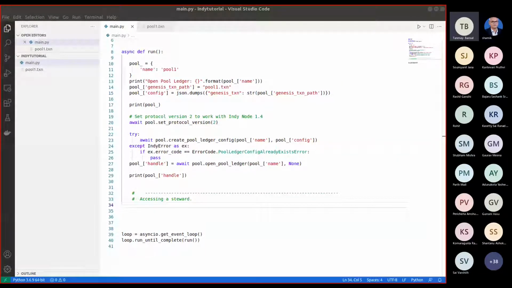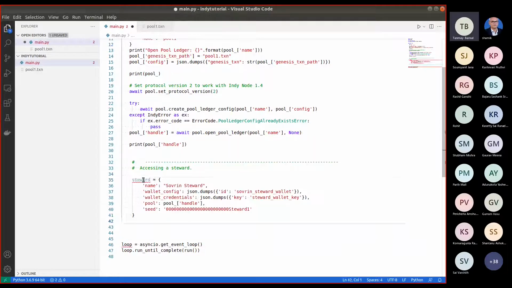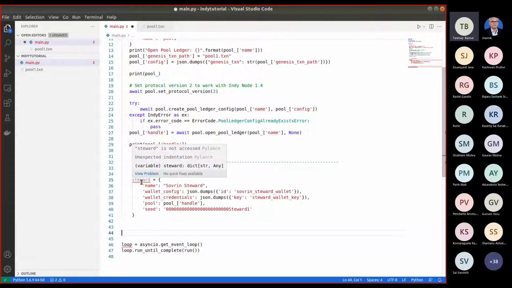The keys are generated with some specific seeds, so we can just use those seeds to create a steward, or basically access the steward. Okay, so first we need to create a structure like this.